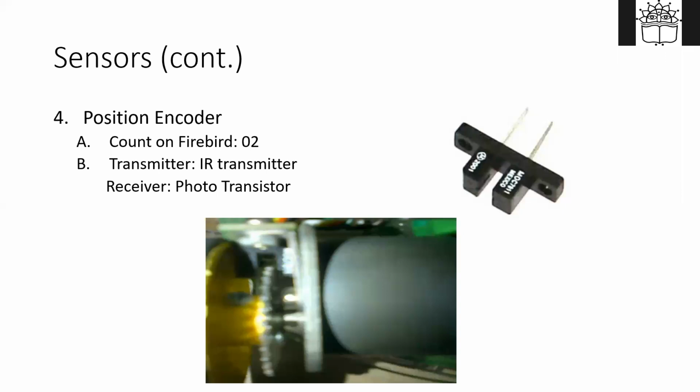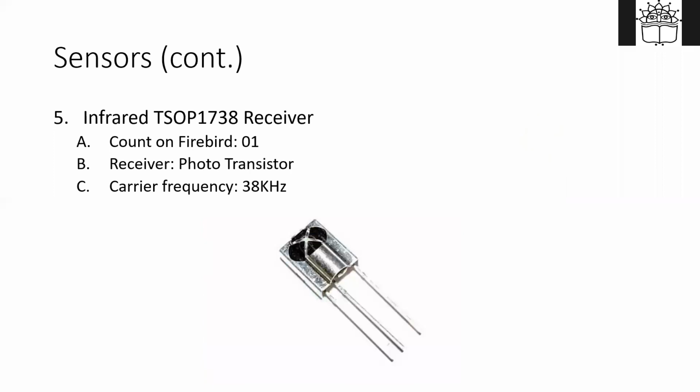Third is the position encoder, right? A tooth wheel is there. The picture is not that clear, but if you can see here, a tooth wheel is there, so a position encoder is there. It will count how many rotations that tooth wheel has performed, and based on that, it will calculate the distance. It can be the other way around also. We will give a distance to a robot, it will travel that much distance and then it will stop, right? So what I mean to say is that a position encoder is there.